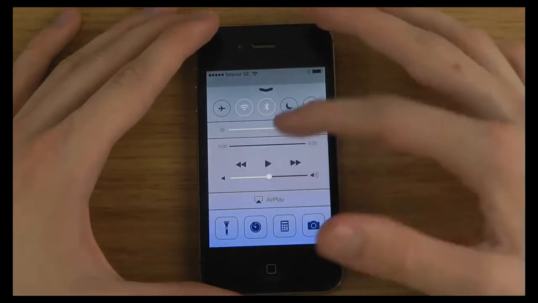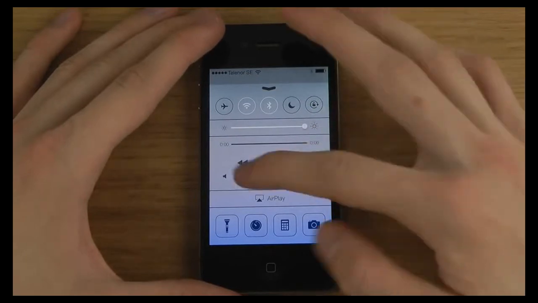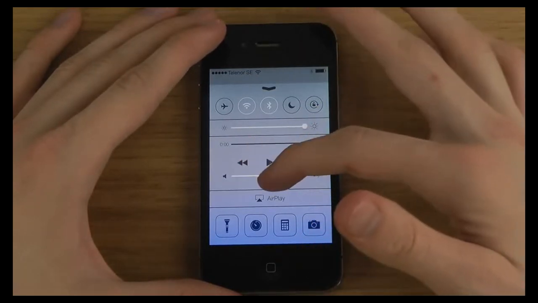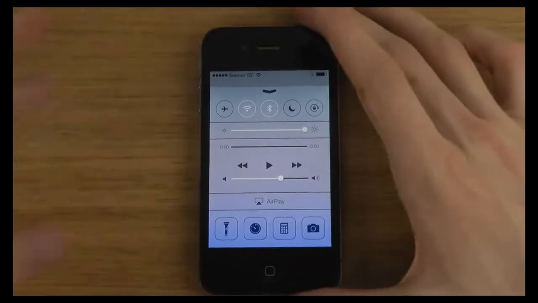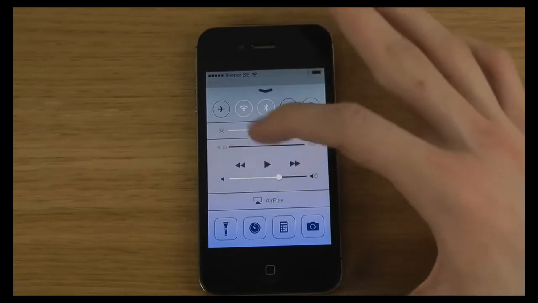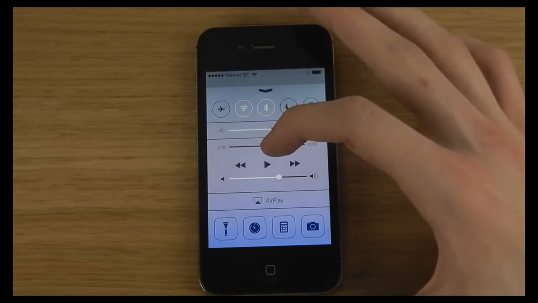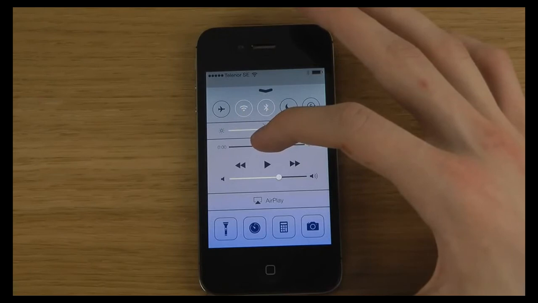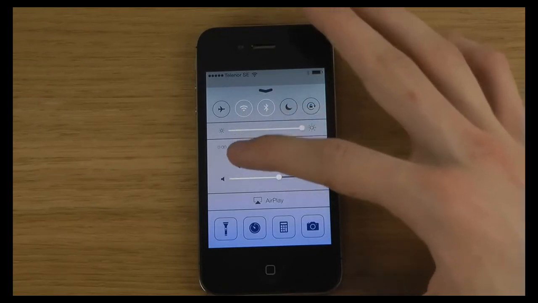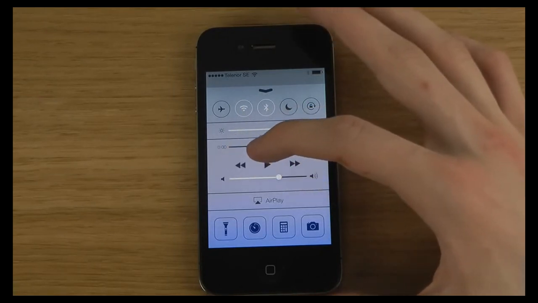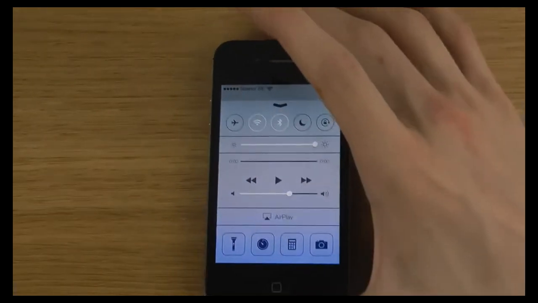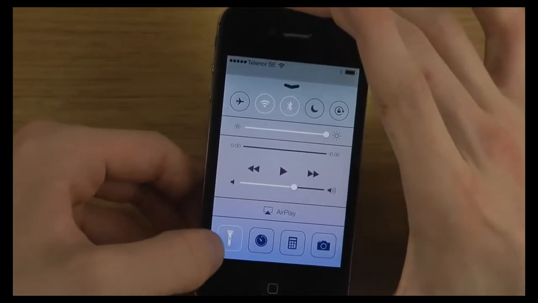If you play music or use something like Spotify, this is awesome because you can play, pause, and change the sound. And what's so cool about it is that it's transparent. So if you are on Spotify and you play some music, you will see through it as it's transparent when you play songs and stuff like that, and it will match in colors. Also, we do have some cool things down here at the bottom, like